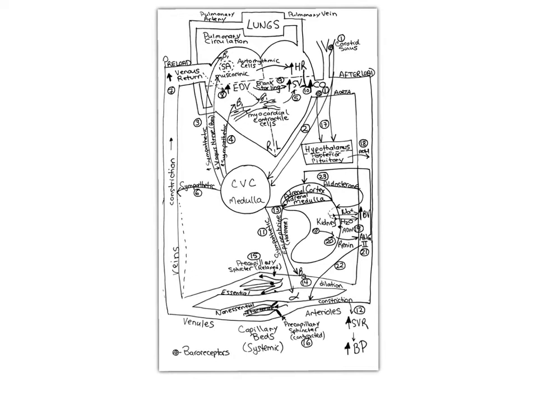We have the right side of the heart receiving and sending out deoxygenated blood, and we have the left side of the heart receiving and sending out oxygenated blood. At the top here, we have the lungs. This is where there's going to be a diffusion of oxygen into the blood. And as discussed in the previous Explain Everything presentation, blood flow to and from the lungs is known as the